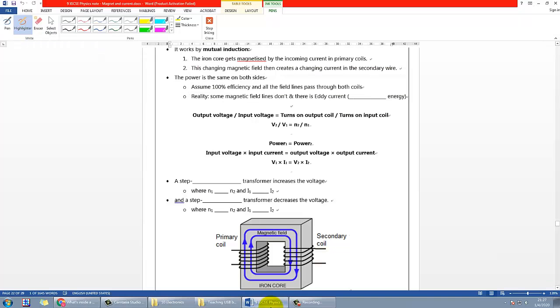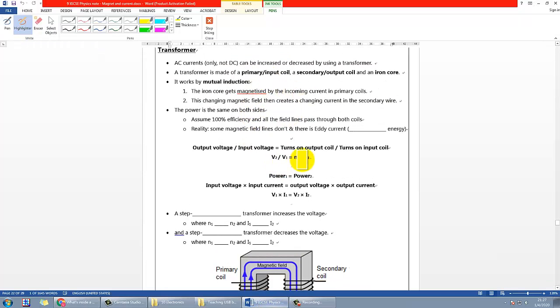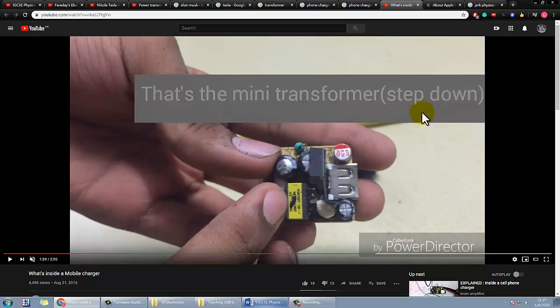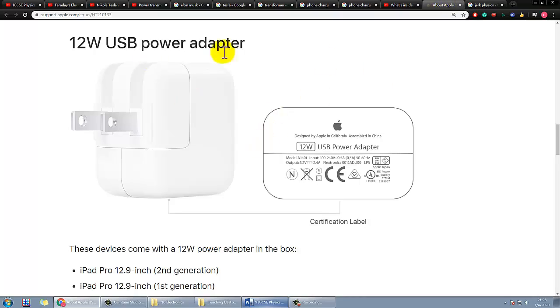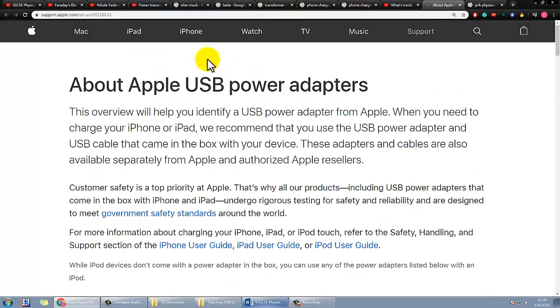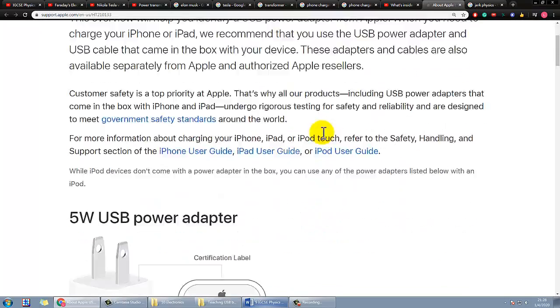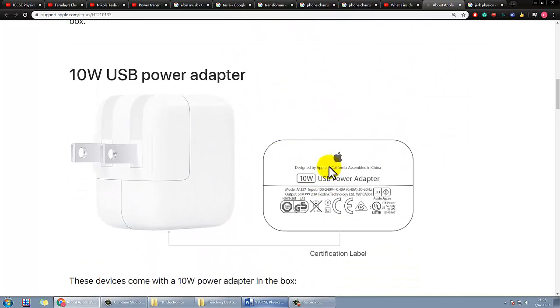So later on, if you try to read the textbook, you'll find out there are two kinds of transformer. One is for stepping up, one is for stepping down, and this one is stepping down, meaning that the voltage is going from a high voltage changing to a low voltage. So why do we need a step down transformer then, right? Think about this. If I try to Google the page for the Apple power adapter, which means your charger, you'll find there's a label, or you can simply go and check out your own charger. There's a label on top of it.